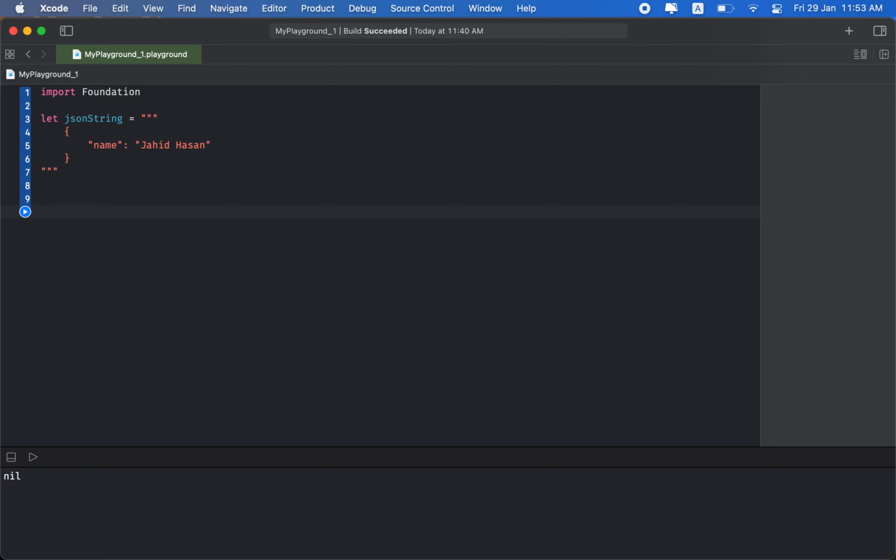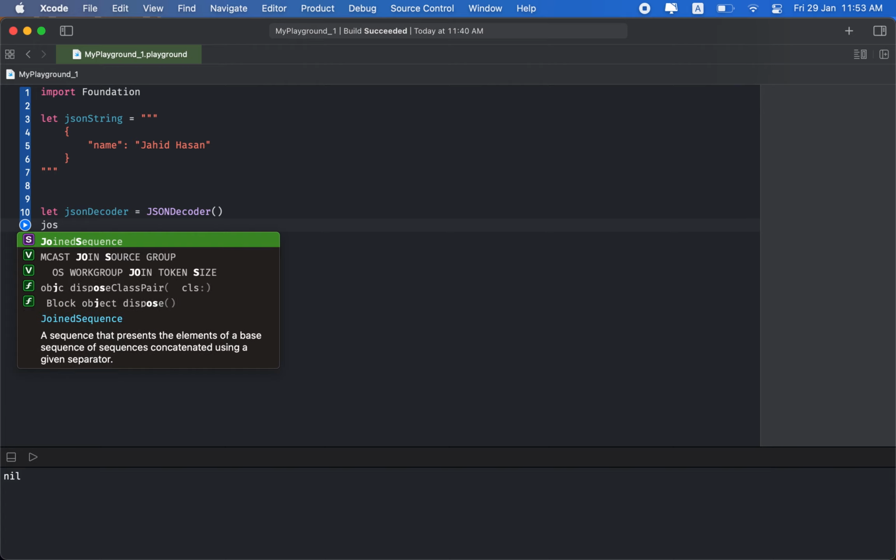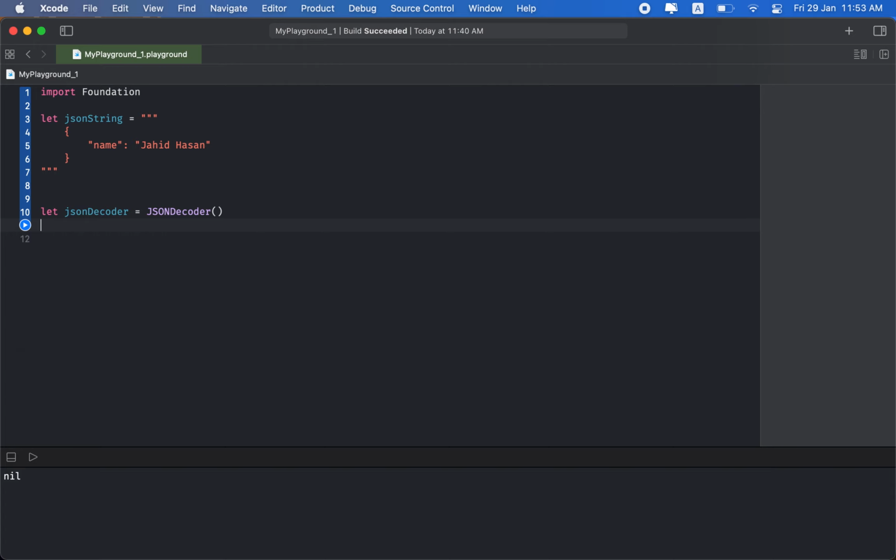And to decode this, we will use this class JSON Decoder, which is inside the Foundation. We have imported the Foundation. Let's make an object of this JSON Decoder. It's a very simple initializer. So a JSON decoder decodes JSON data to a Swift object, and it returns a